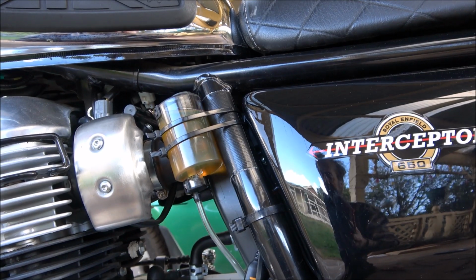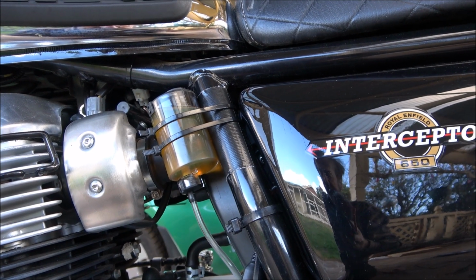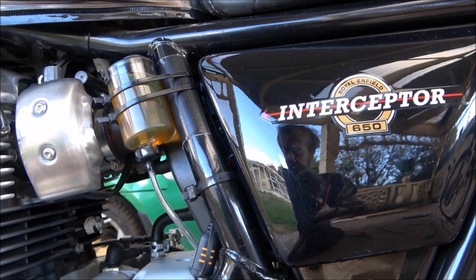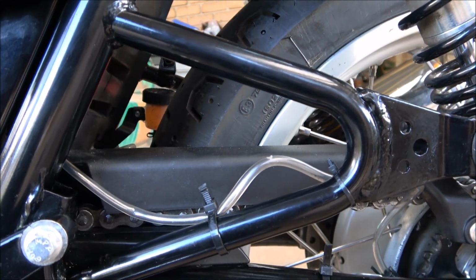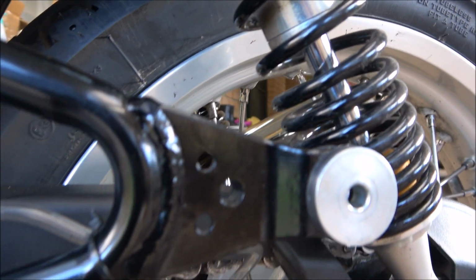Now the bracket that was supplied with the Loobman kit, which could have sat in this position, was a fairly flimsy thing, and I'd rate it not much good at all. So I've run the tubing from the unit down there, through the engine frame, down here, put the loop in it,